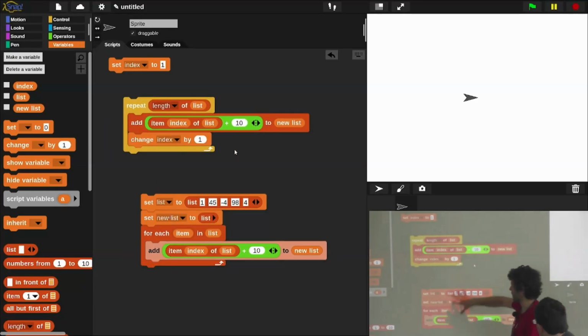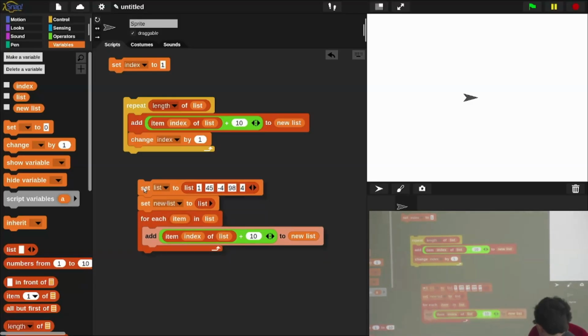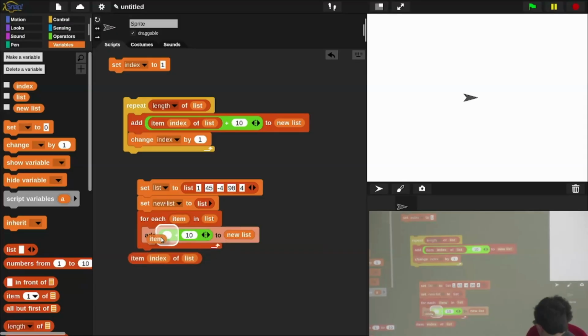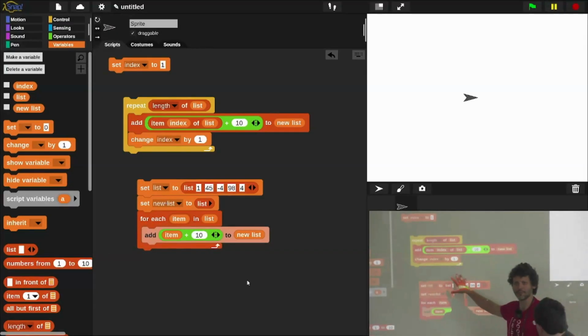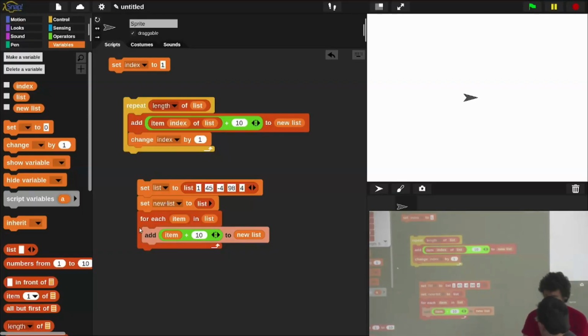Hopefully you see how this got slightly better. No, what did I do? Not item index. Oh, sorry, add item plus 10 to the new list, right? So we got rid of the index. This is much more readable. This is much more understandable. It's thinking a little bit more as humans do, a little bit less like computers do, and it does the same thing. If we look at the new list, it now has